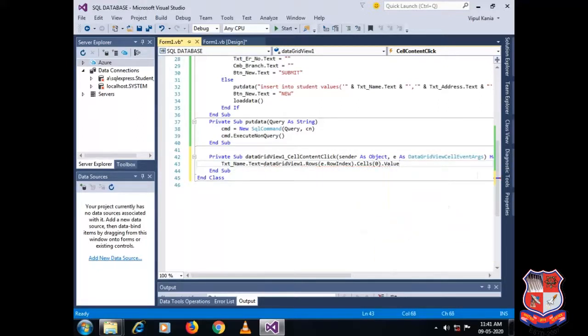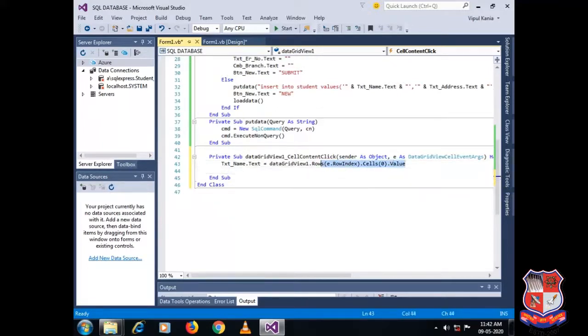It indicates that we will try to get the data from the row index whose cell index is 0, right? Whatever row I select, that row index value will be replaced with that particular selected row, and from that row the 0th column will be loaded to my txtName control.